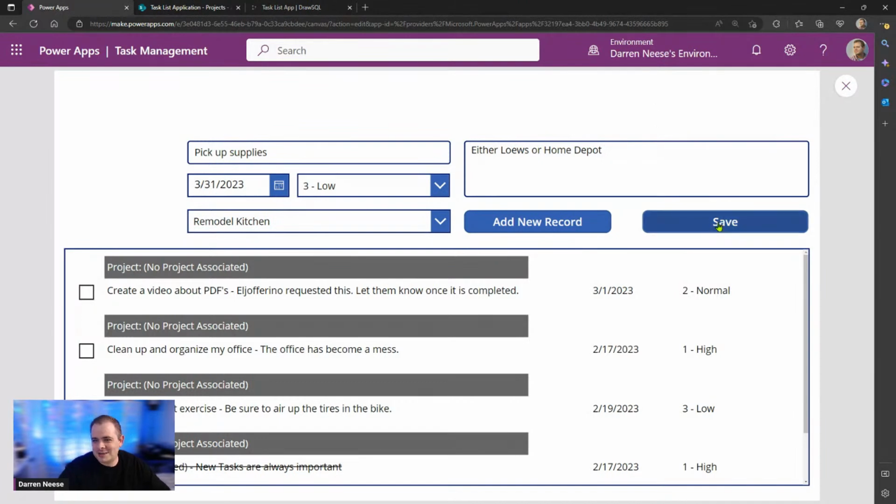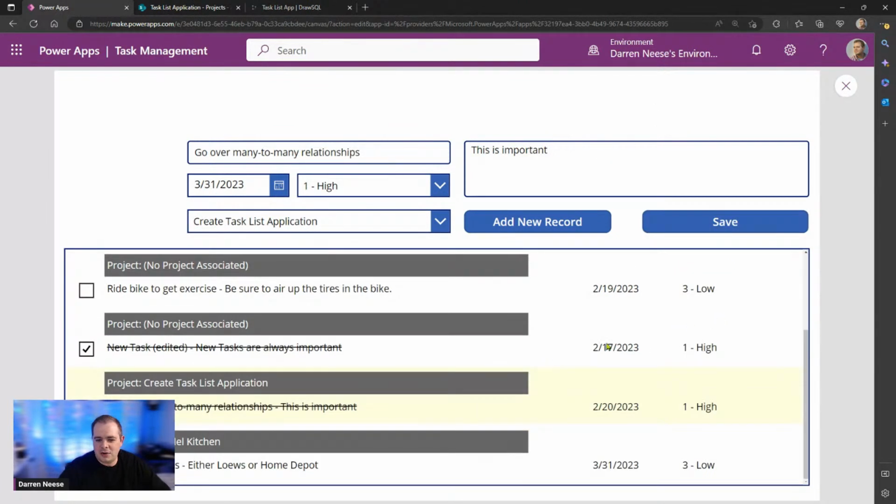So I'm going to click on save. Okay, so that should add a new record down here. Okay, and has the project associated with it. Okay, so